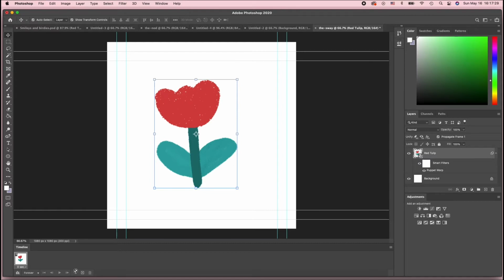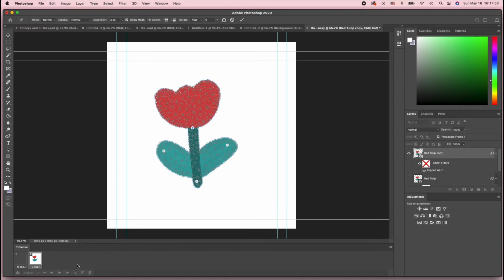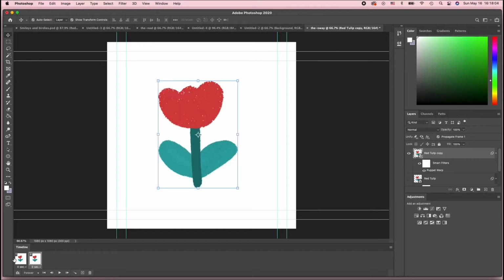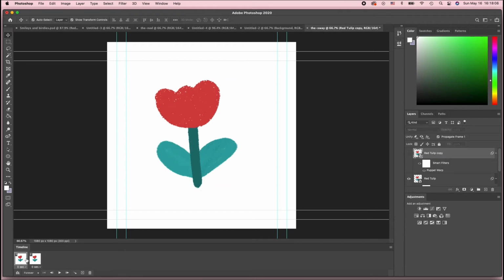Let's say I was happy with that, so I'll click on the plus to create the second frame. For the second frame, I just want to copy this, so I'm going to click Command J. You'll see it's created a copy. I'm going to turn off the first layer, and in this copy I'm going to go into Puppet Warp, and then move it a little bit more towards the right, and this one I'm going to move this way too. Click enter, and you'll notice the flower is moving